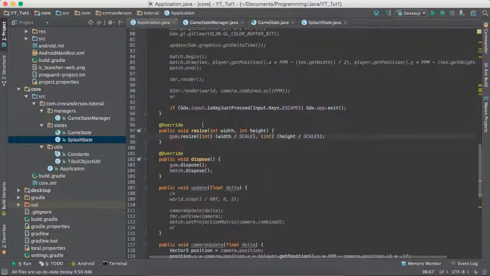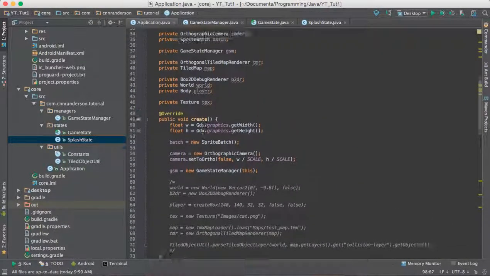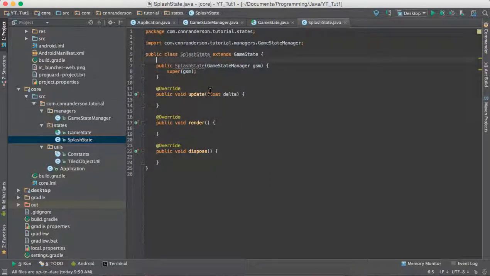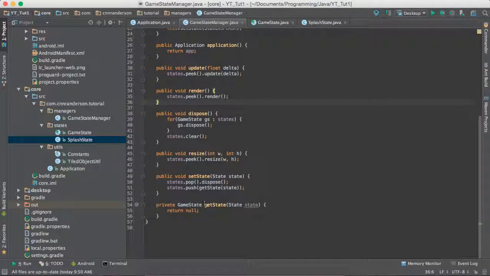So if we go back, I don't really want to throw this code in yet just because I want you guys to see how it all works. So with the game state manager, we need to go back here and get things going